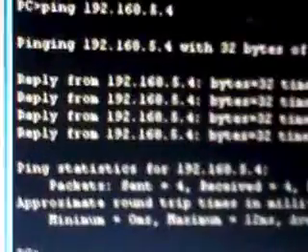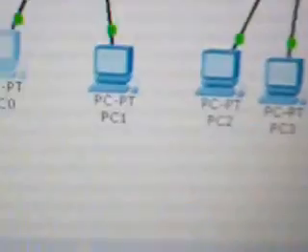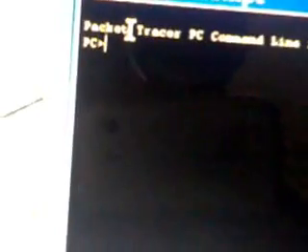After that, we have to check the connection between LAN 2 and LAN 3. The same thing we have to do, just press here, ping 192.168.5.27.